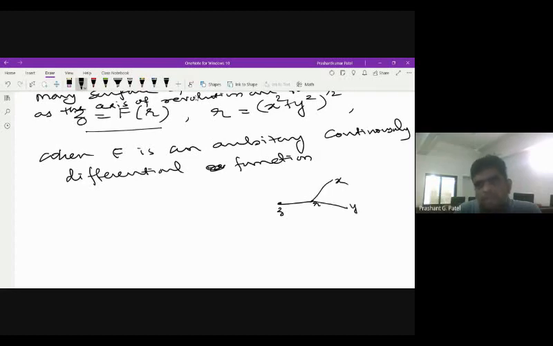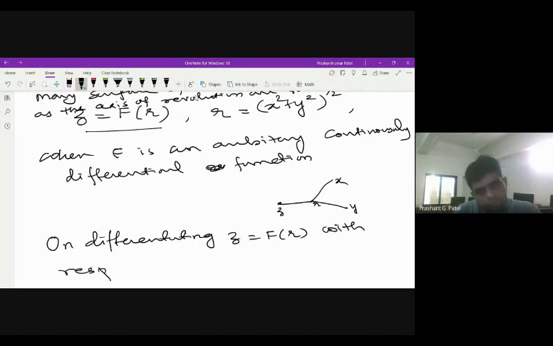So ultimately z is a function of x and y both. So on differentiating z is equal to f of r with respect to x and y respectively,